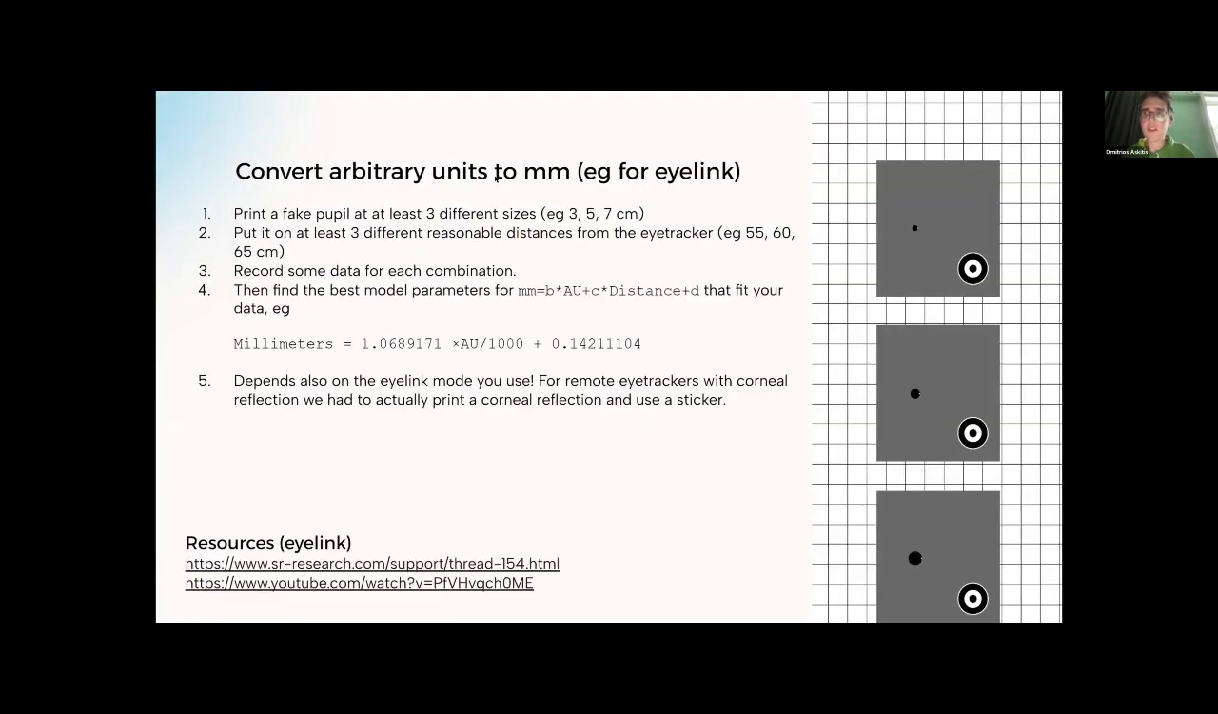Then there is also another consideration for those who use iLink and maybe some other eye trackers, that we may need to convert arbitrary units into millimeters. This is useful because it's good to be able to compare the results between studies, of course. And this is actually simpler than it may look. Very simply, you can print fake pupils at some different sizes. For our setup, we printed at 3 different sizes. You see on the right hand side of the screen